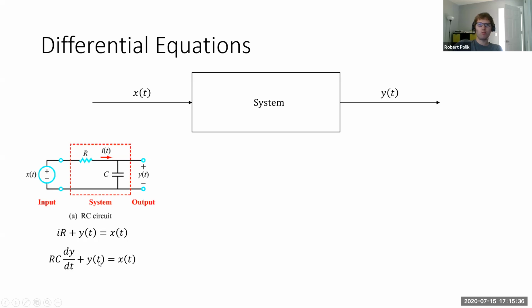And so we can write an equation for this. The units of RC is seconds, so we can turn that into the time constant, tau c. And we have this nice little differential equation. And whatever we plug in for x of t, we can now solve the differential equation. And so we'll just stick with this differential equation from now on to define the circuit and not worry about circuit math, because that's not what this talk is about. So we have our differential equation for the circuit.